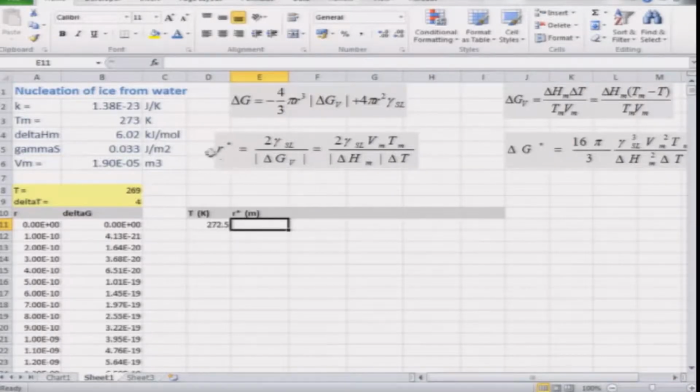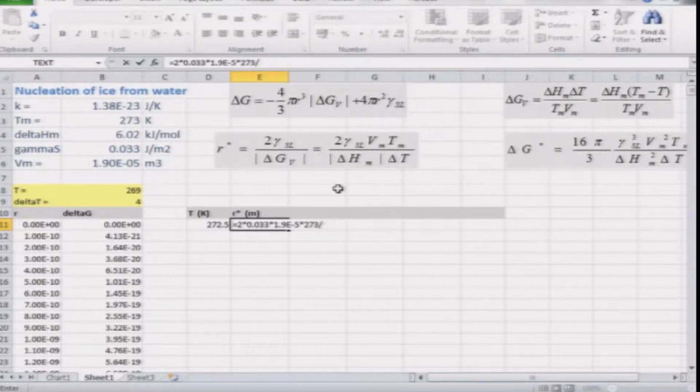For finding out the critical size, I must use this expression of 2 gamma SL Vm Tm upon delta Hm delta T. So, let me write down the equation: equal to 2 star the interfacial energy of the solid liquid interface 0.033, into the molar volume 1.9 10 to power minus 5, multiplied by the transformation temperature 273, divided by brackets, the change in enthalpy, which is 6020 joules, convert kilojoules to joules,